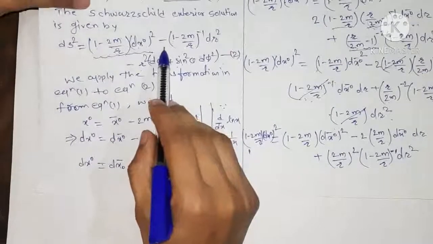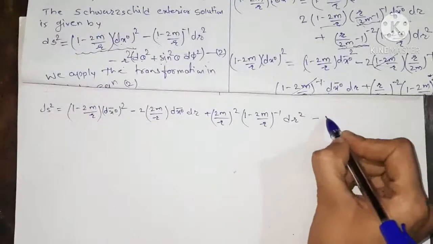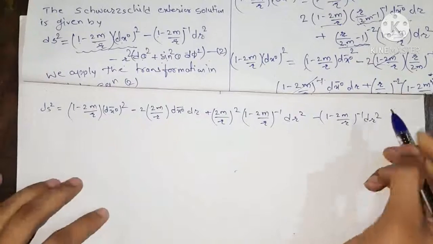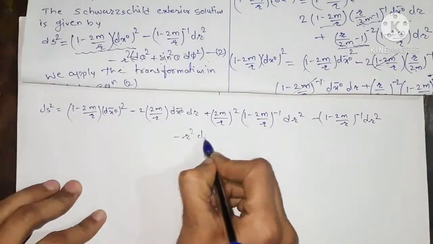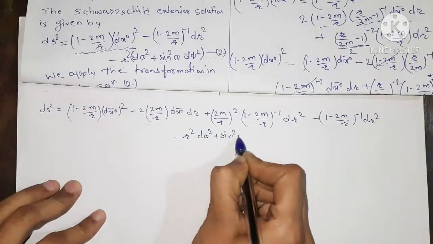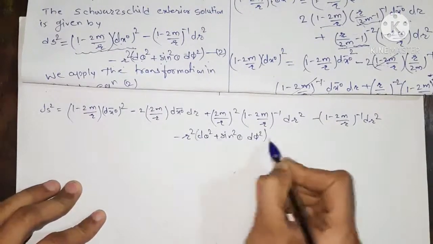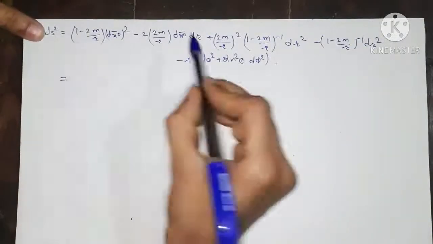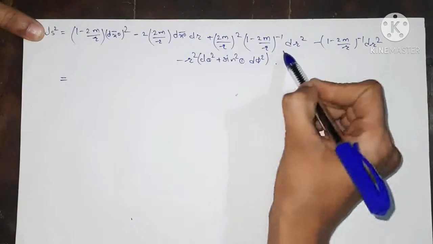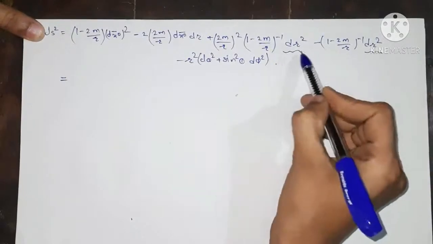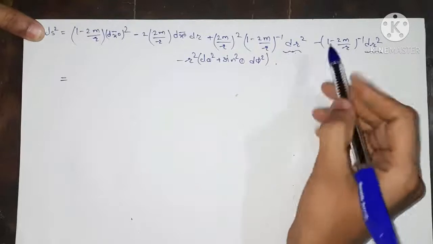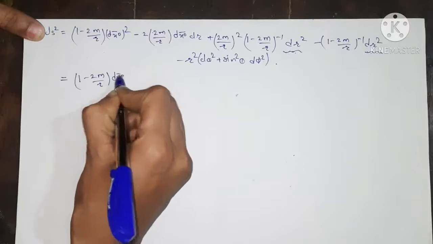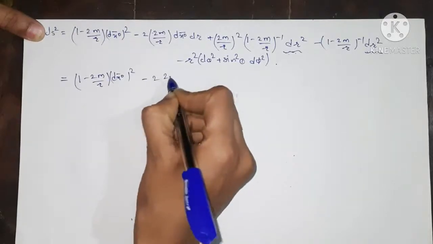Now after that we have minus of (1 minus 2m/r) inverse dr squared minus r squared (d theta squared plus sine squared theta d phi squared). Okay, that is equal to, now here we can take the common dr squared from this term, we get (1 minus 2m/r) dx0 bar squared minus 2 times 2m/r